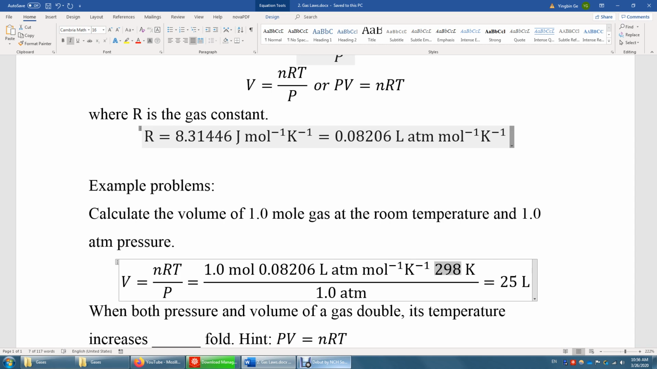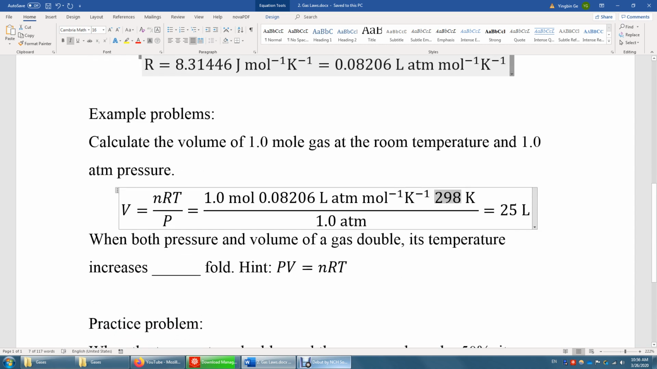Now, let me ask you another question. What if you have a gas, and I don't tell you what the temperature is or the number of moles is? I will just tell you I'm going to increase its pressure. I'm going to increase its volume. Both the pressure and volume of this gas double. How does its temperature change? The result is the temperature increases